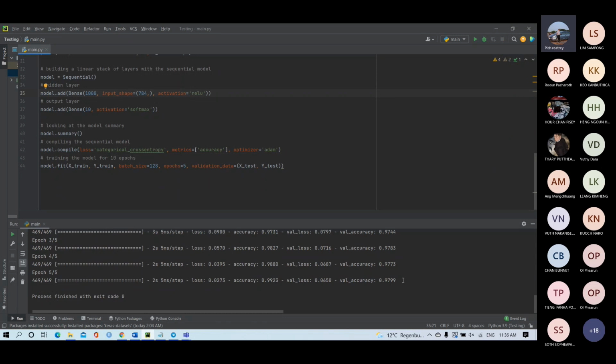As you see, when I increase the number of nodes in the hidden layer but run only 5 times, I can get 97% accuracy, but this is only slightly significant. For example, if I run to 10,